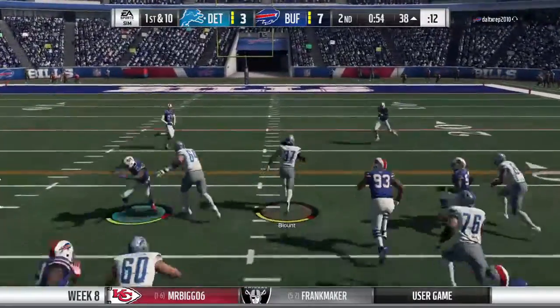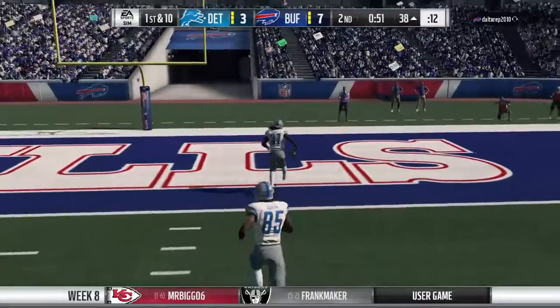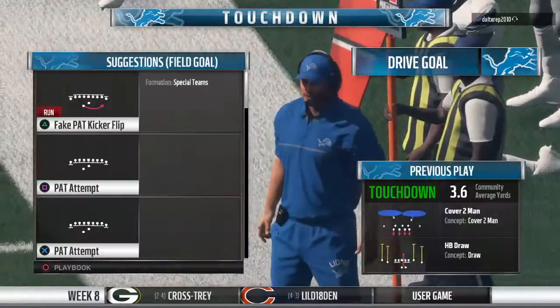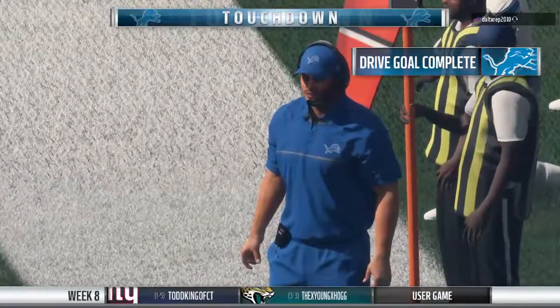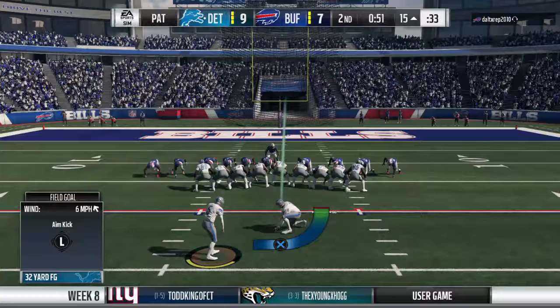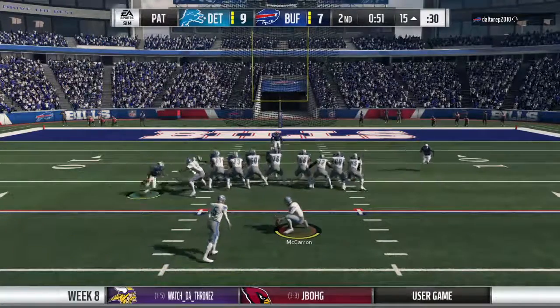They'll run it now out of the gun. LeGarrette Blount. Touchdown, Detroit. LeGarrette Blount, his 6th touchdown of the season. And the Lions are in for 6. And while that touchdown does not give them an insurmountable lead, it's still...